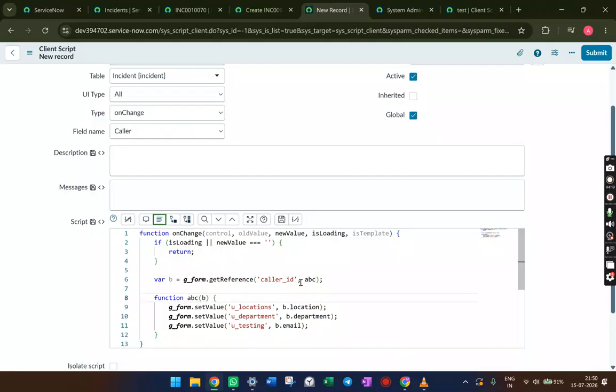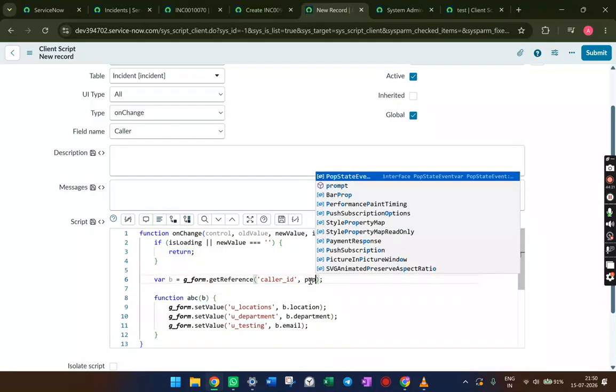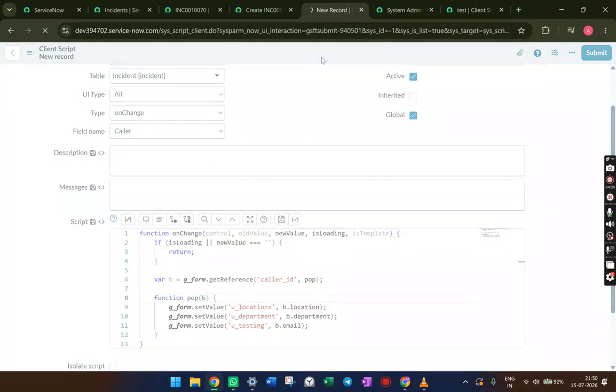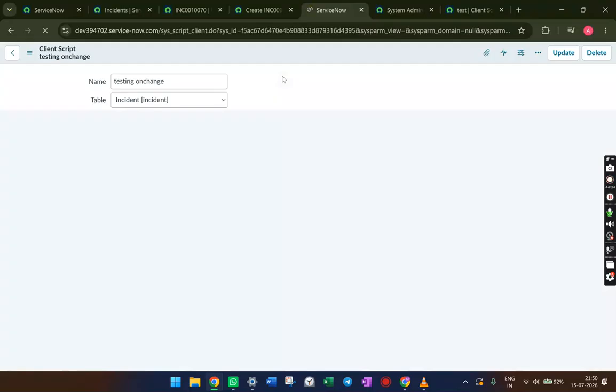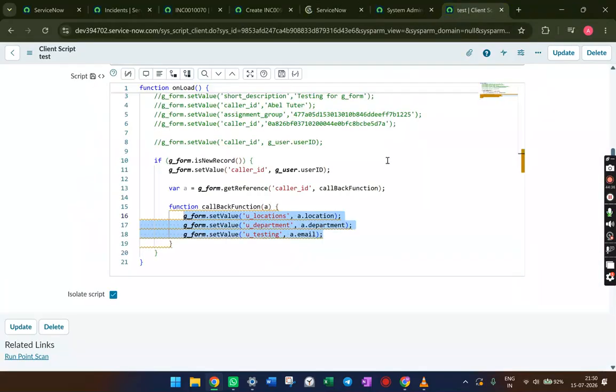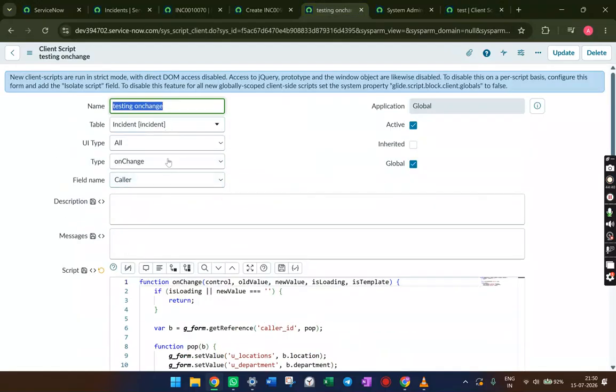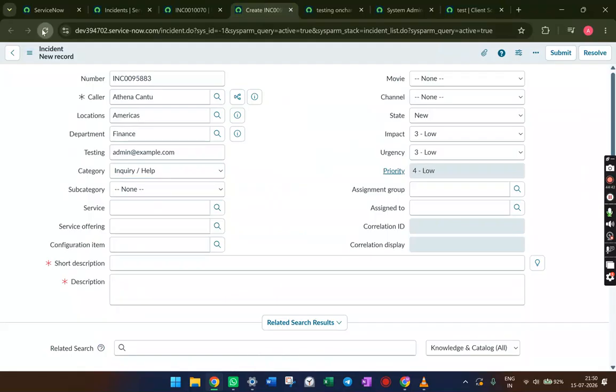It is the callback function name which I have given, pop. This is the syntax you have already. Now I will save this one. So now parallelly there are two scripts. One is on load, one is on change. Both are active. Now if I refresh this page,